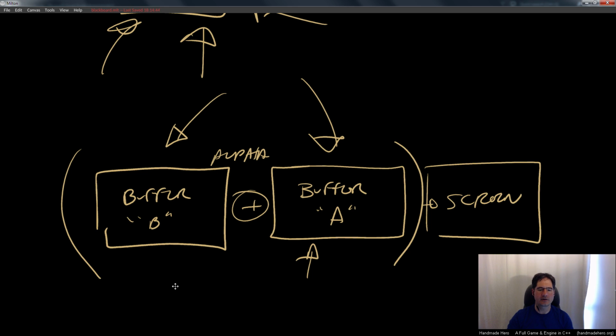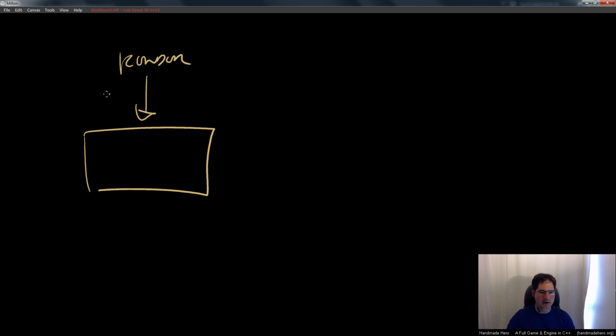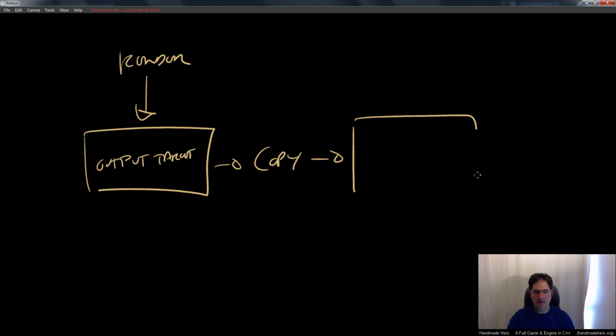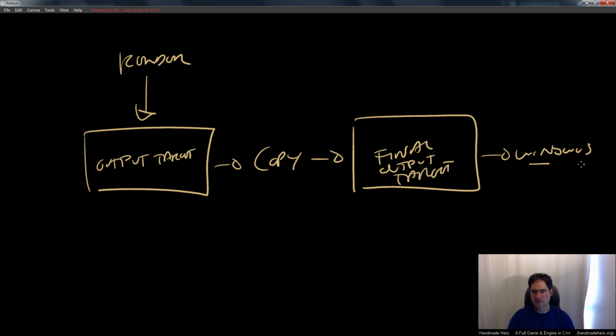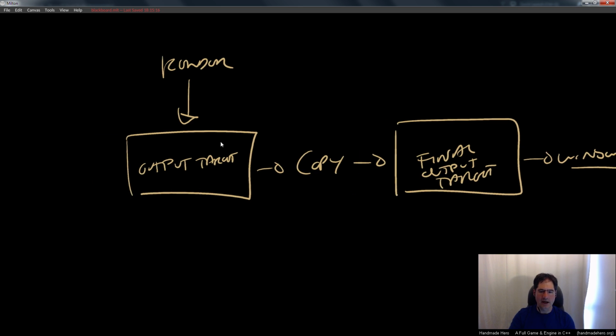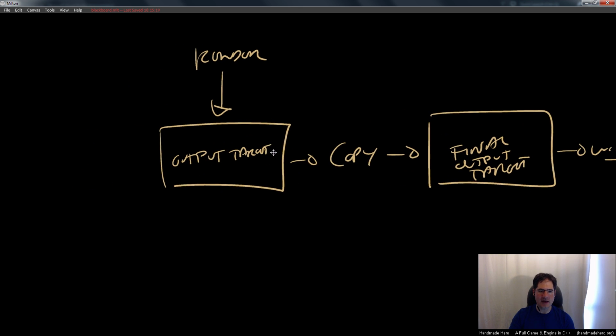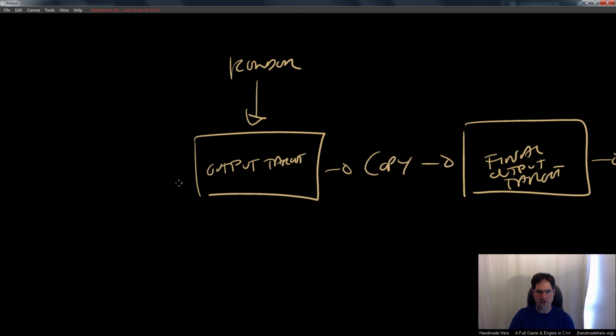So now we've created a situation where we are basically saying, okay, renderer, render into output target. We are then issuing a copy to final output target, right? And then we're taking that buffer and we're giving that buffer to Windows. And that's what we're seeing on the screen for the software renderer side of things, right? Okay, so hopefully now you can see it's a pretty short step to do two different renders, right?